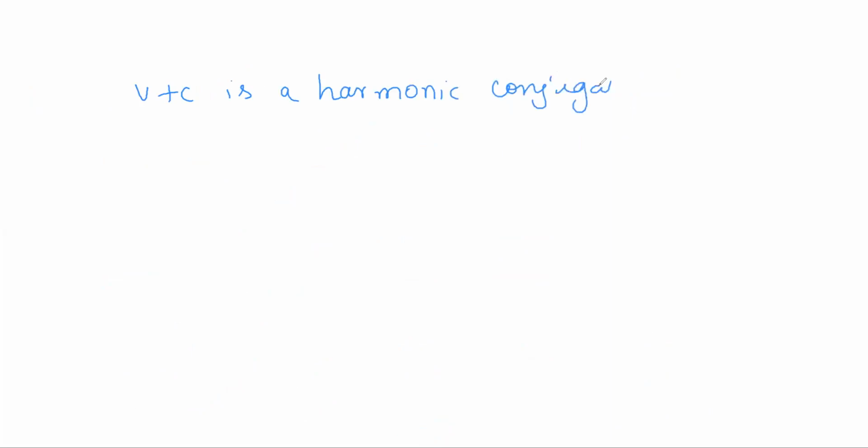conjugate of U. So it shows that whenever a harmonic conjugate exists for a harmonic function, it is never unique.